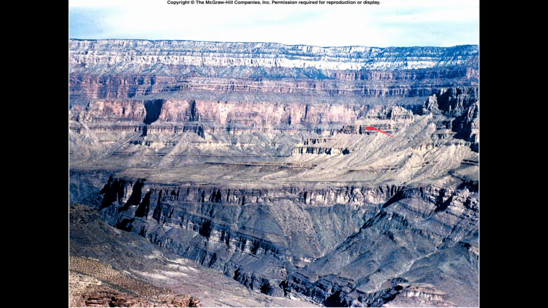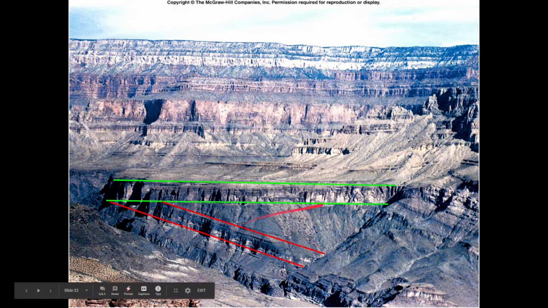Picture, again, like we saw from the beginning of the Grand Canyon, there's actually an angular unconformity on this image. Can you find it? Right there. The stuff in the bottom is kind of coming up at an angle compared to these layers. So everything from here up is all horizontal. The stuff down here is at an angle. So you get an angular unconformity right along this bottom green line.